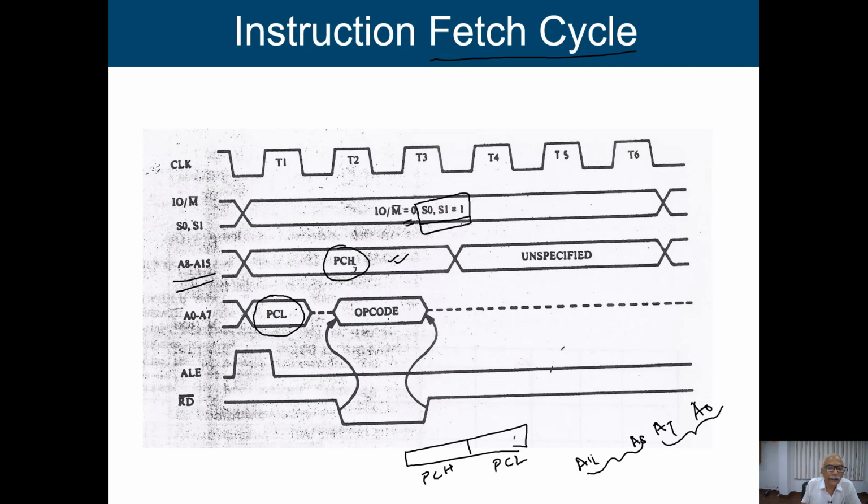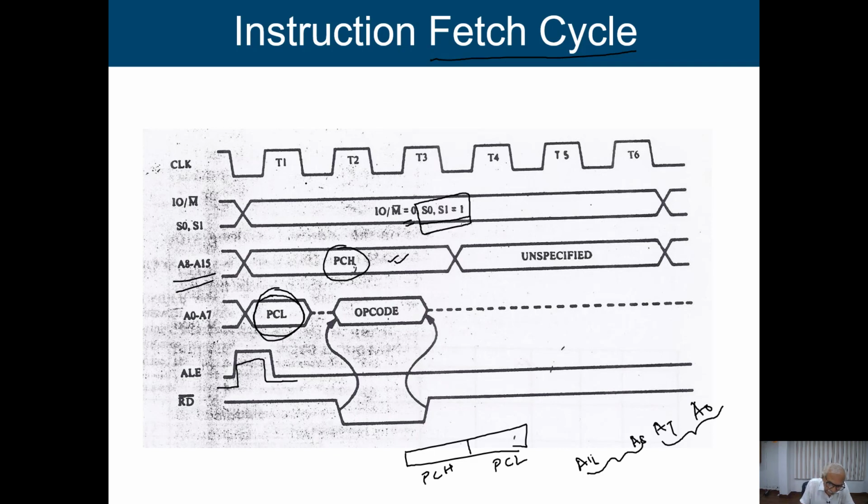When we start putting this in this particular time cycle, what will happen? We give the signal ALE, address latch enable. Since it is high, it indicates that whatever we have on these address lines is treated as an address. So we are giving the address of a memory location.